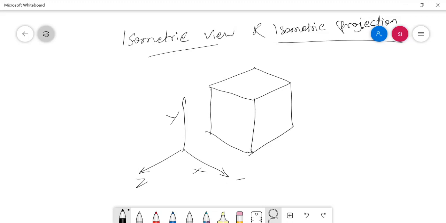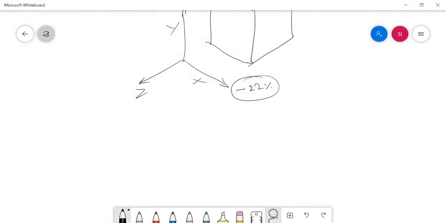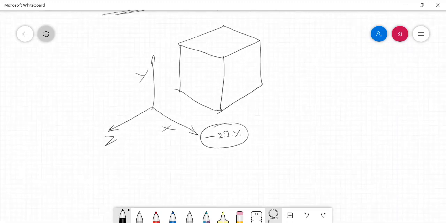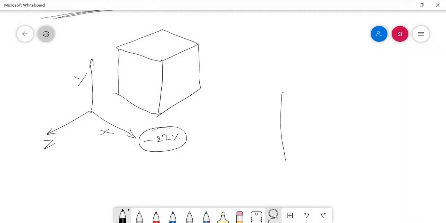Nearly 22% of the dimension appears reduced in the case of drawing the isometric projection of the object. But for better understanding, the isometric view concept is used, where the dimension of the object in all three directions is not reduced. In all three directions, we have the 100% original dimension of the object.